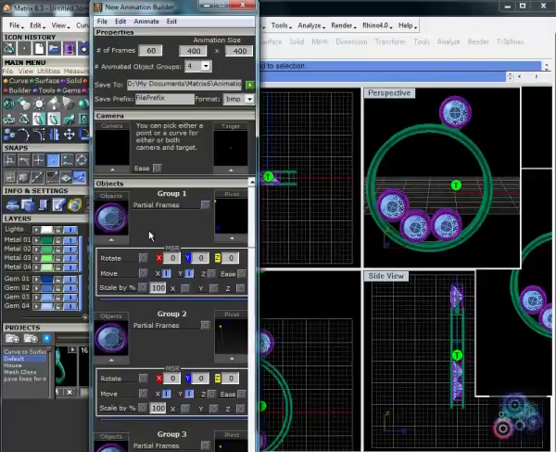Alright, but let's go down here. These objects, I had it rotate about 45, and